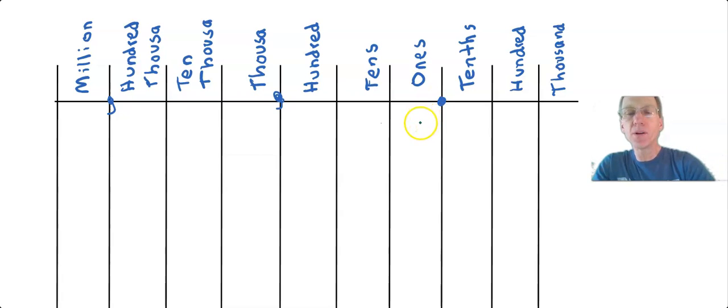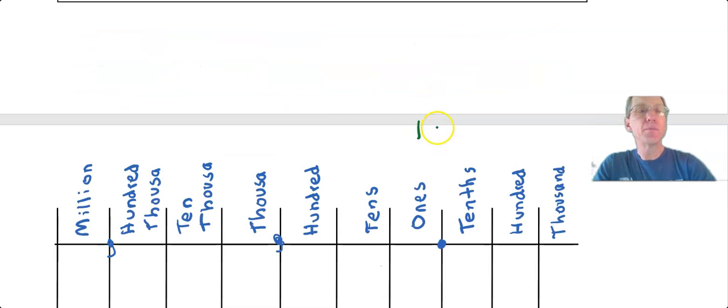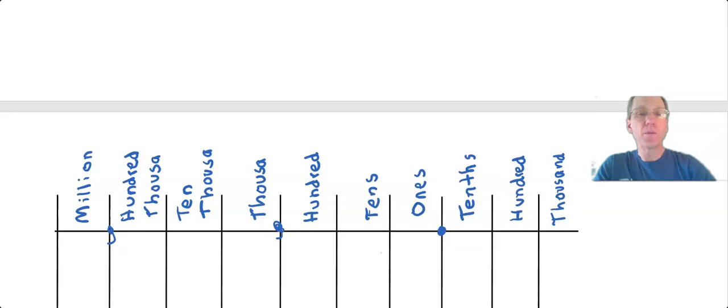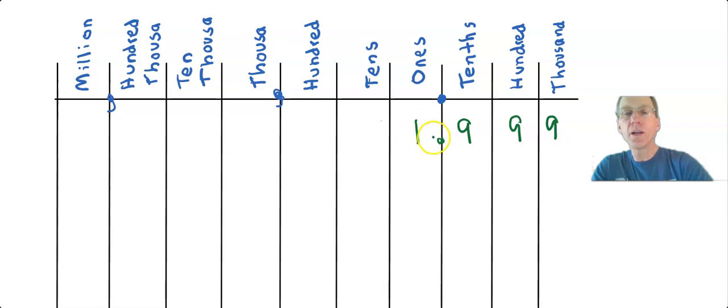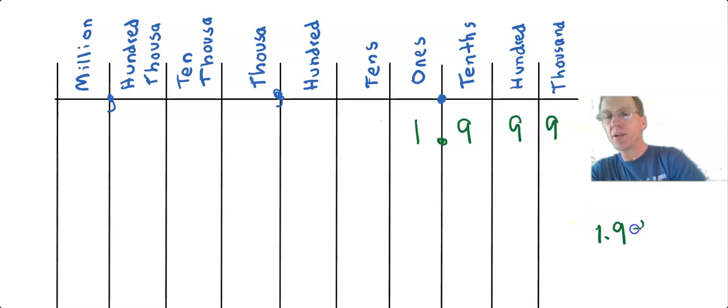Let's just take a number like 1 and 9 tenths, 9 hundredths, 9 thousandths, or 1 and 999 thousandths. When you look at that number, if I write it down here, it looks intimidating because it's got a lot of 9s, so it looks super huge. So what if we were to compare that to